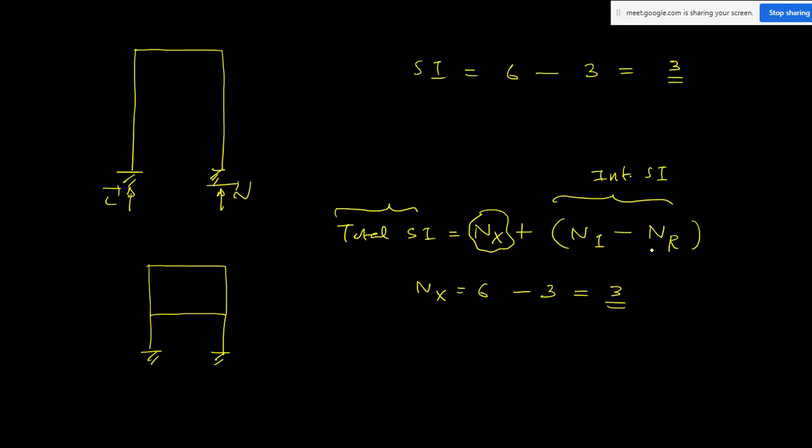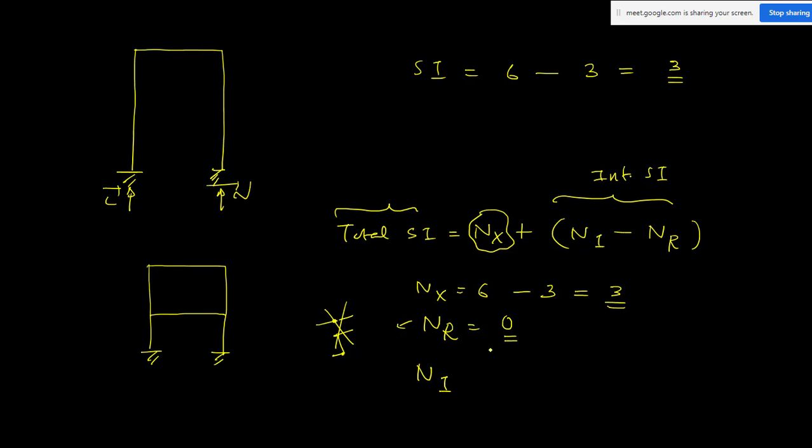So what is your NR in this case? There is no internal hinge, there is no link kind of thing, so NR will be 0. For the number of force releases you have to remember two things. One is the internal hinge, m minus 1 equations, and the vertical link, which will come only in a beam, 2 extra equations. This part is not there, so NR is simply 0. And what is the value of Ni?